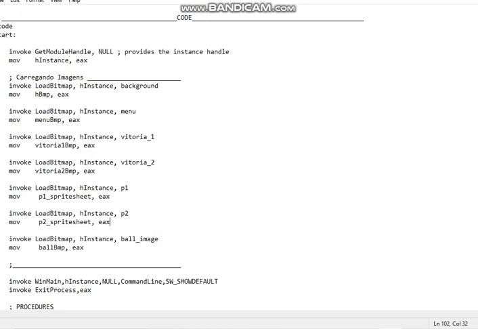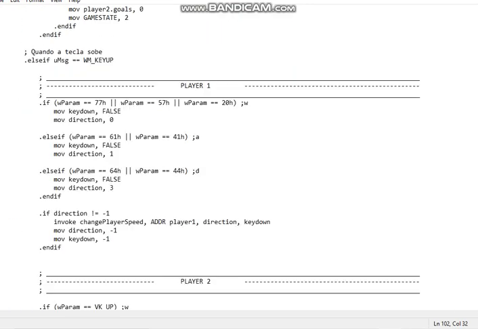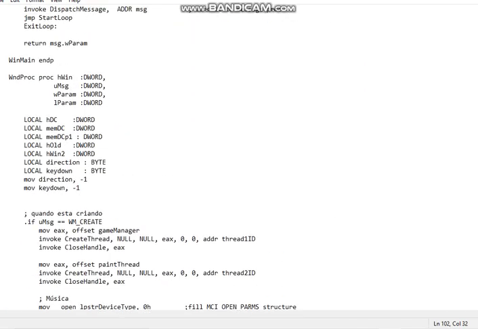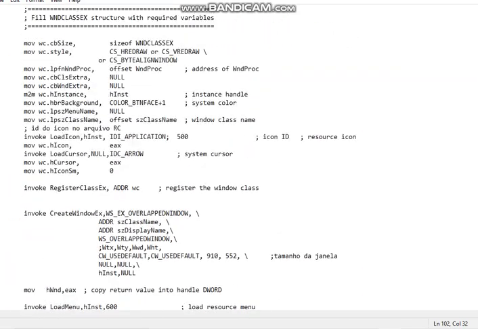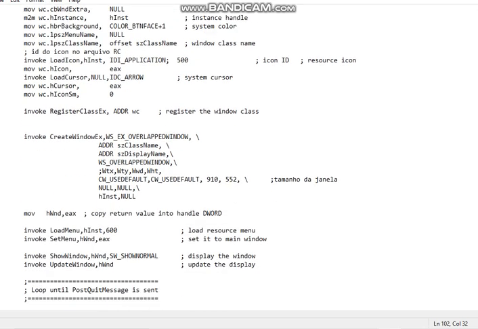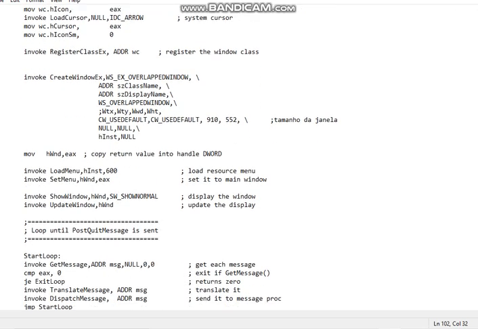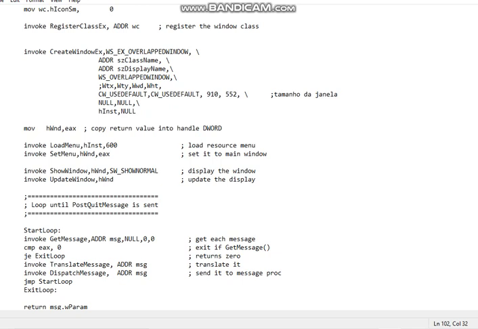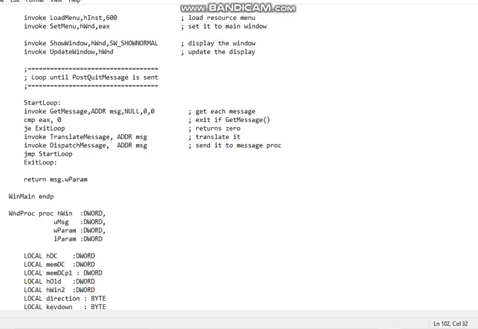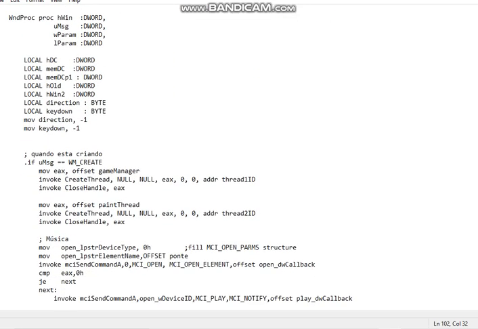So if you have a look at the, here we go, you've got your basic standard Windows procedure, where you just basically register the class, create the window, show window, update window, then you get your start loop, and then you move on to your Windows procedure here,